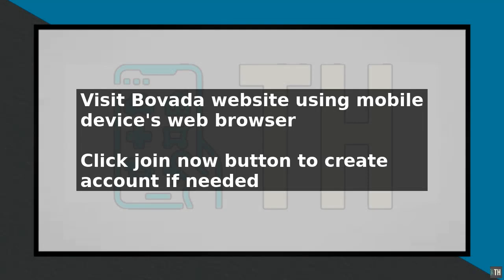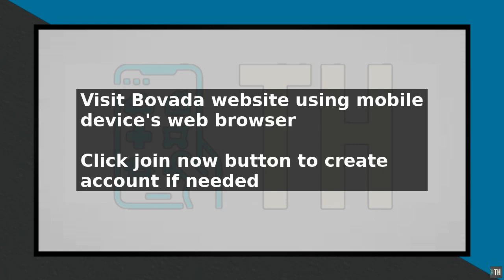To get the Bovada app, start by visiting the Bovada website using your mobile device's web browser. Once you are on the website, click on the Join Now button to create an account if you do not already have one. Fill out the registration form with your personal details, including your name, email address, and date of